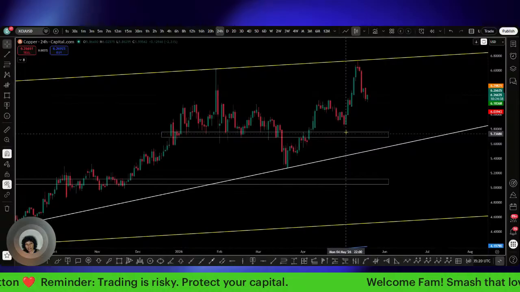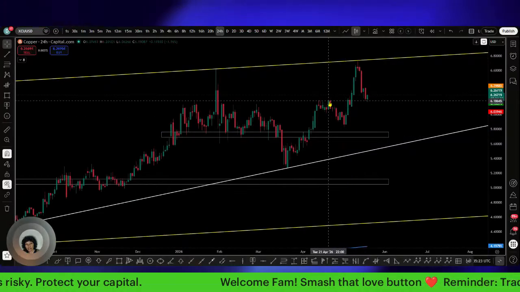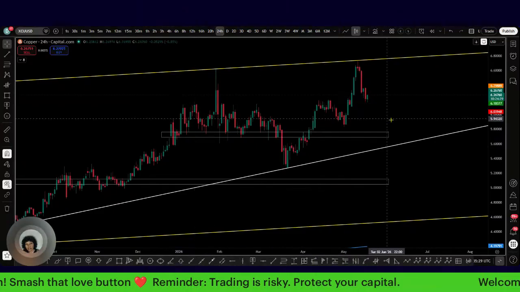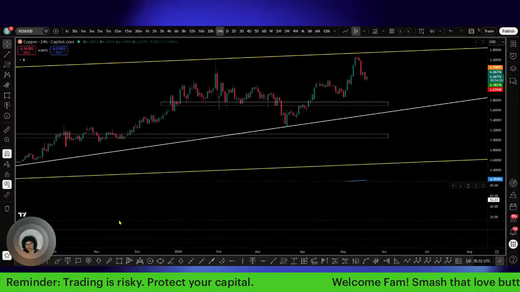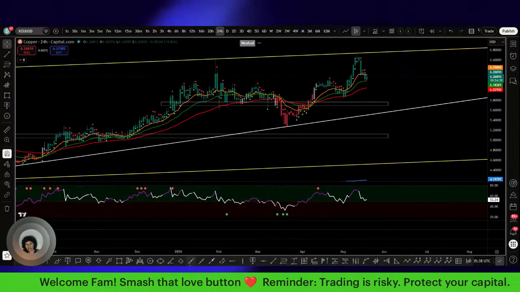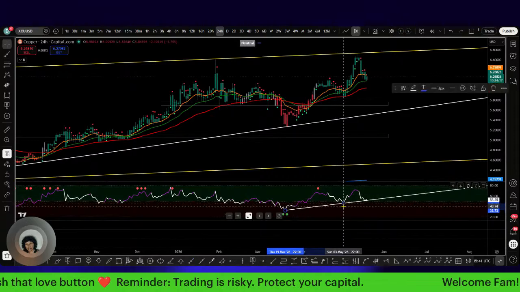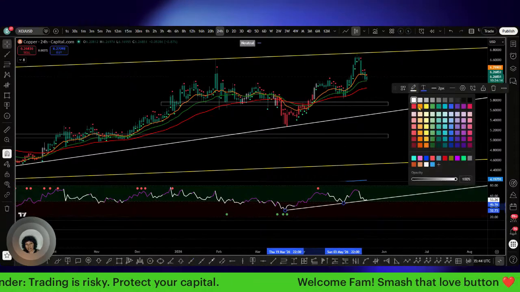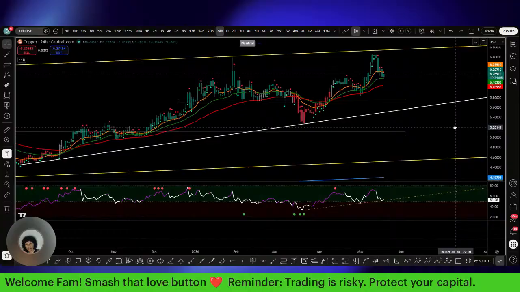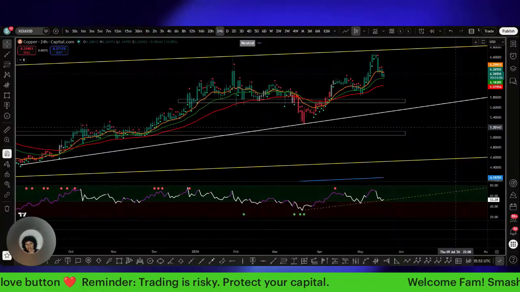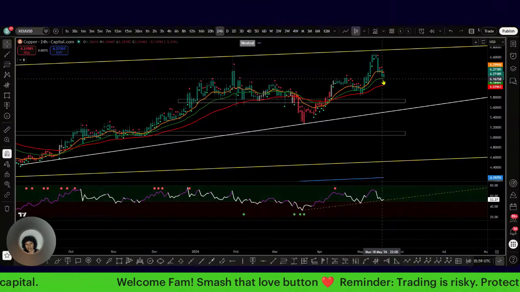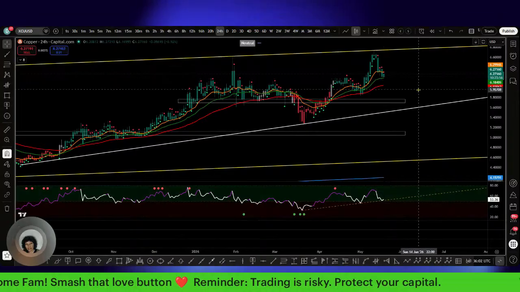Let's see, what are we hanging on to? I know it's not trying to hang on to these highs over here. It's not in my cards. I guess it is still a stronghold for now. Oh, look at that. It's still a decent hold. Let me change that. Okay. So just a mean reversion right in here for now.